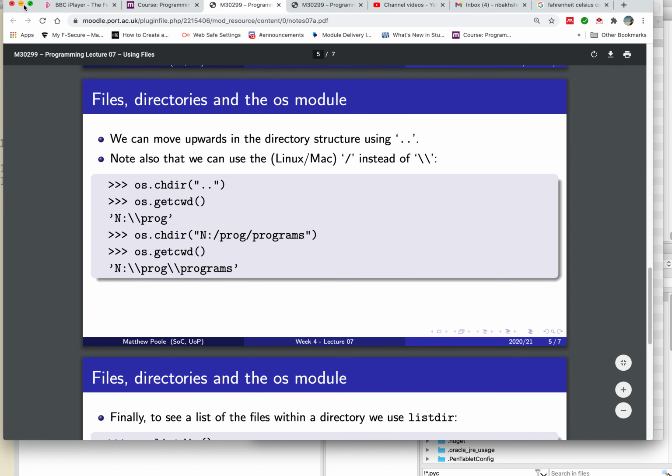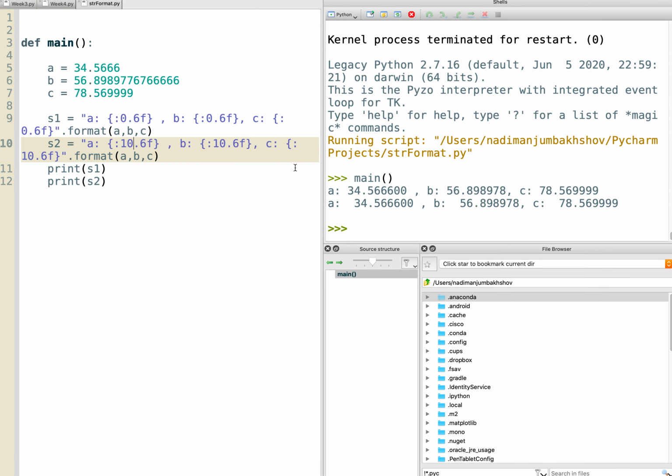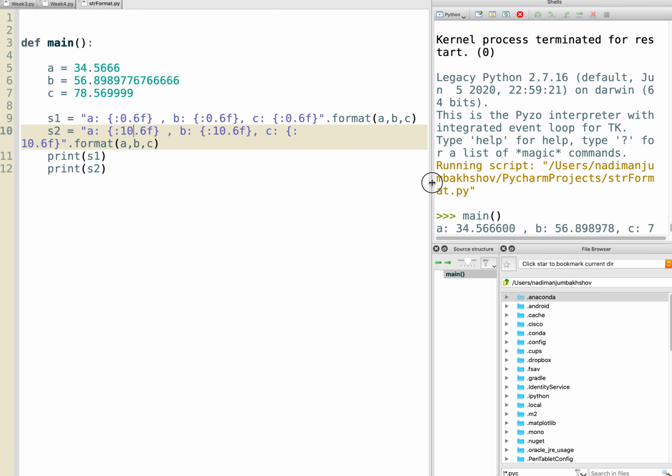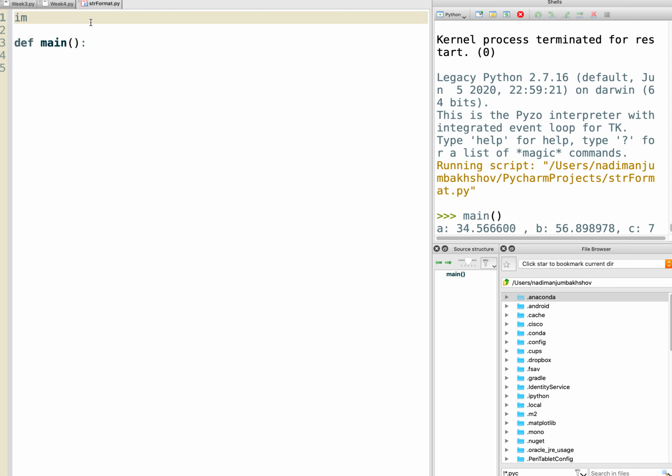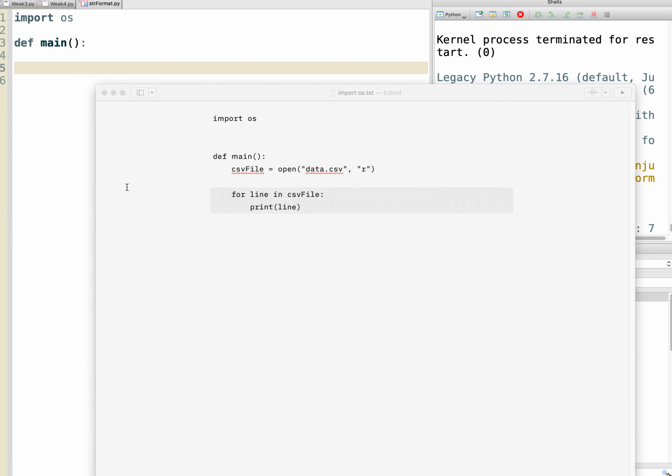So let's just do some examples to get a flavor of how this works from our previous videos, which I'm hoping that you did play with. In order to access the file directory, you need to import something called OS. OS is the library that gives you access to the functions which allow you to see